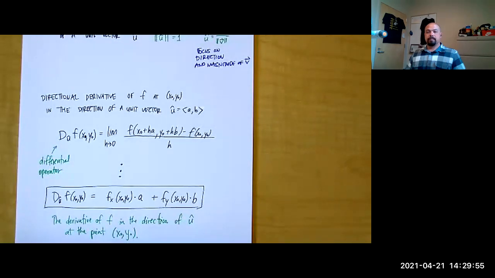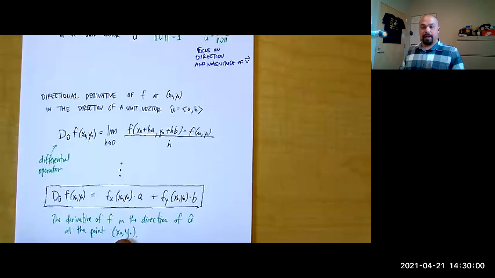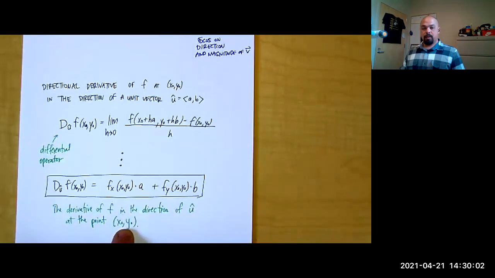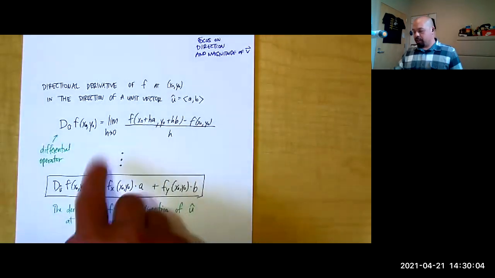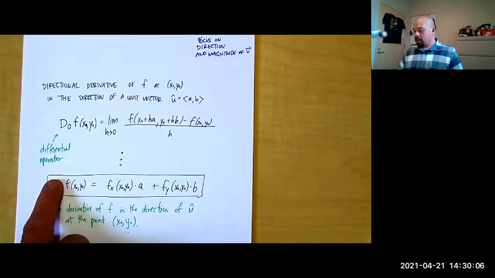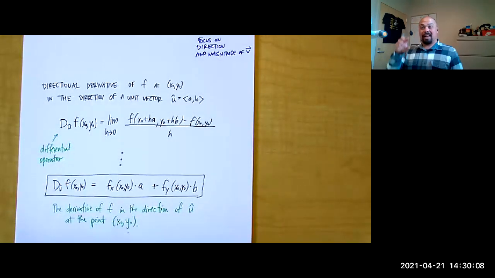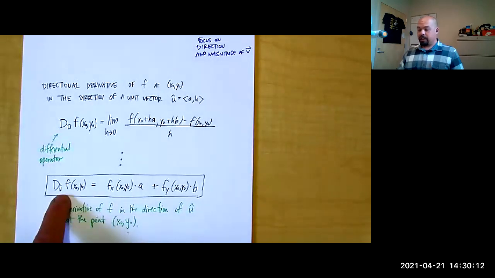Okay. So when we start to see on our surface, we're looking at this point, x naught, y naught, from our domain. We can send that through our function, get that z coordinate, right? So say on that location on our surface. Then when I look in the direction of u,